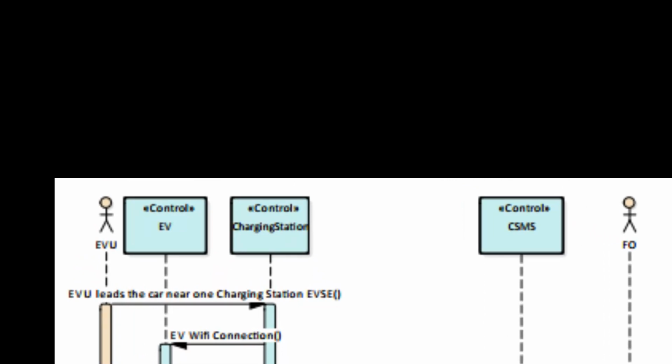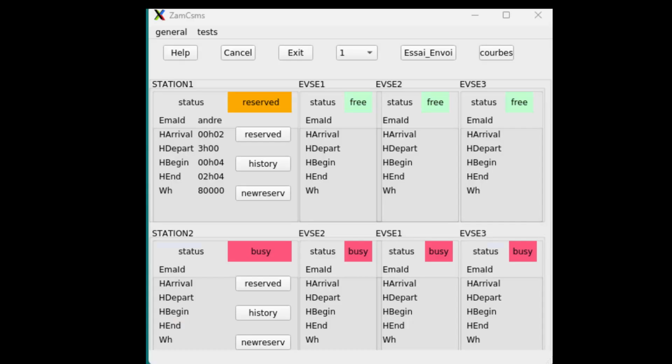The scenario followed, illustrated by the sequence diagram, involves two physical actors, namely the vehicle user, EVU, and the flexibility operator, FO, as well as three system actors, the electrical vehicle system software, EV, charging station, CS, system software and CSMS system software. In this demonstration, we do not illustrate the exchanges between EV and FO, which are carried out either in IEC 63110 or in IEC